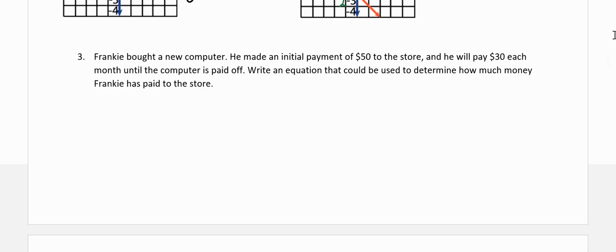Frankie bought a new computer. He made an initial payment of $50 to the store, and he will pay $30 each month until the computer is paid off. Write an equation that could be used to determine how much money Frankie has paid to the store. Okay, so an initial payment, I'm thinking about creating myself